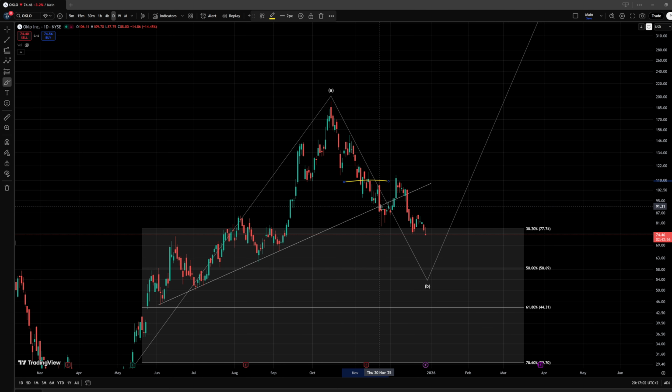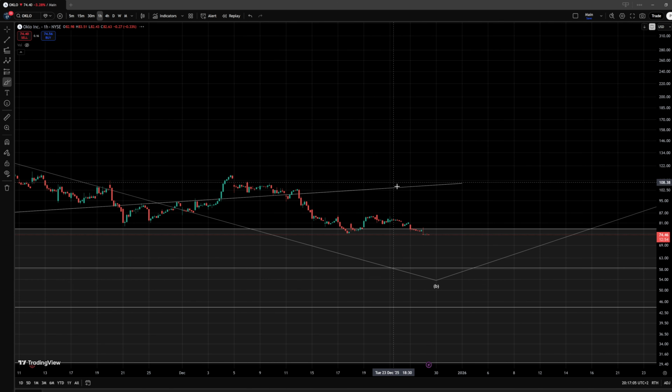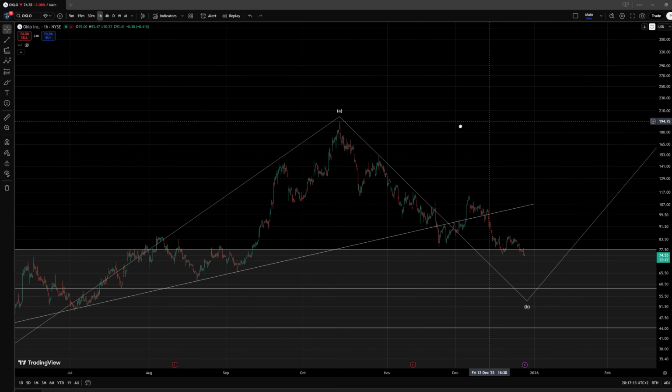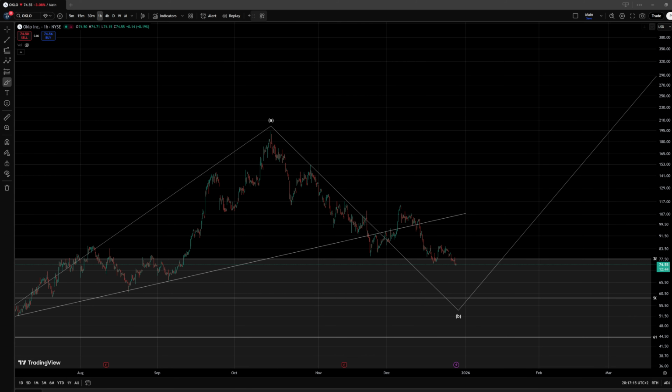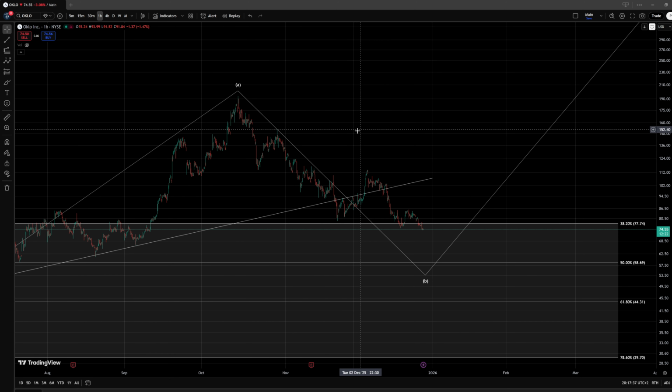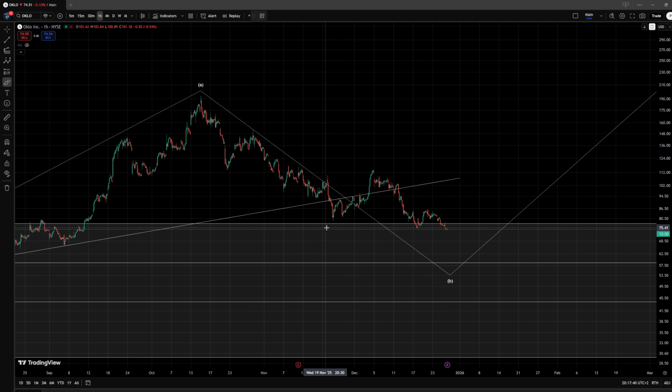For the trend line, it was really only once we have broken here below around the $91 level that we actually got the signal that this structure, this uptrend, is not going to manage to extend in a more direct fashion. And this is not to say that every single time the Elliott wave theory will manage to provide the signal before the trend line. Many of the times we actually use the trend line for an even earlier signal, but this is one of the cases that, once we have broken here the trend line, we even have a resistance trend line to be reused. It was basically tested from below,